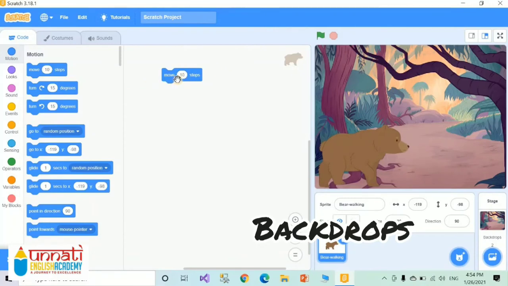See, we have inserted one command, one instruction for the bear. So if you click on that, your script will run. Okay, let's do that.